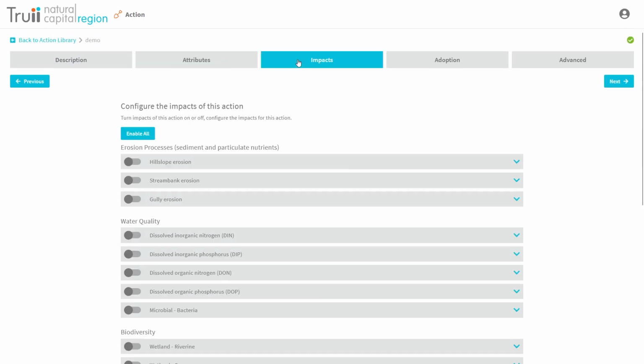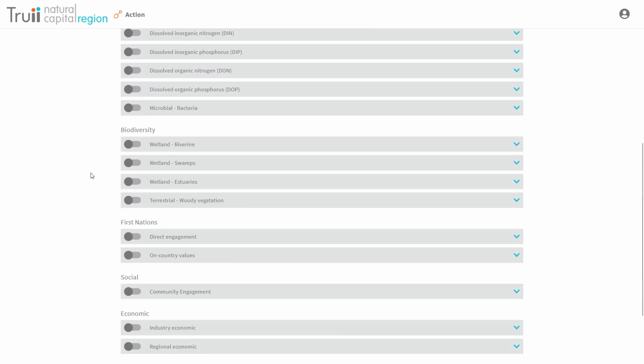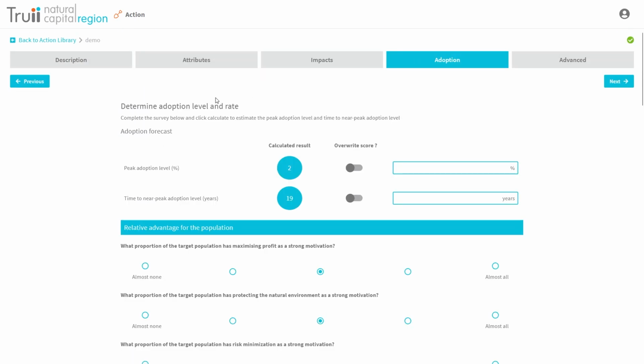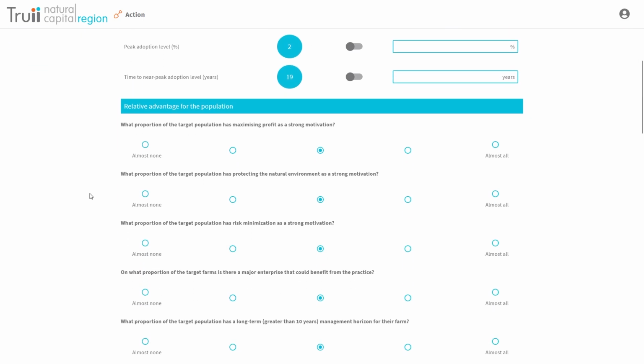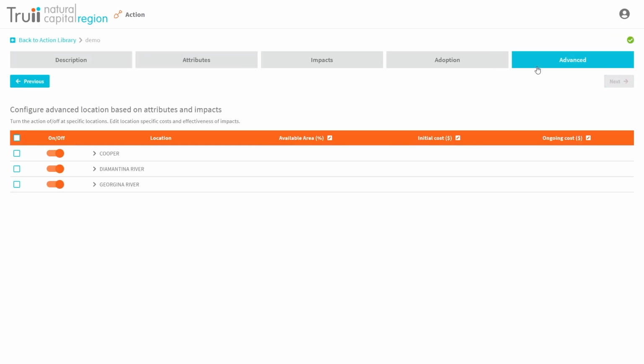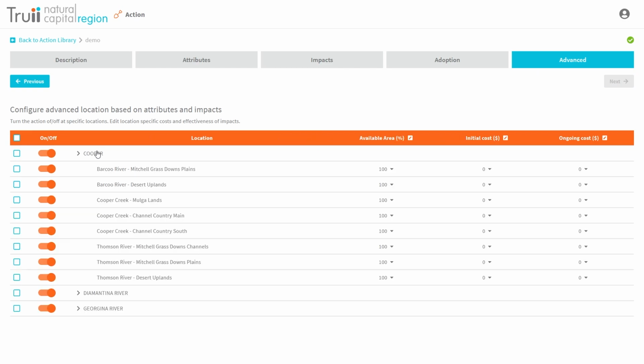In the Impacts menu, you can configure the impacts of the action relative to different indicators. In the Adoption menu, you can configure things like peak adoption level, as well as the time to near peak adoption level. You can also complete the survey to generate adoption levels and rates. Finally, in the Advanced menu, you can identify subcatchment-based differences, things like percentage available area and initial and ongoing costs